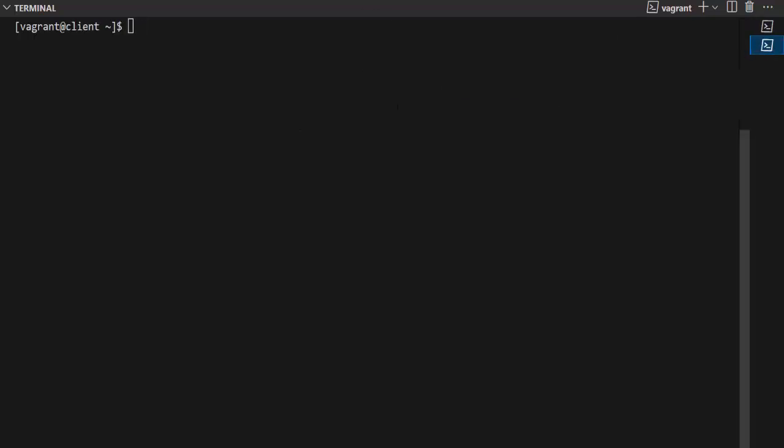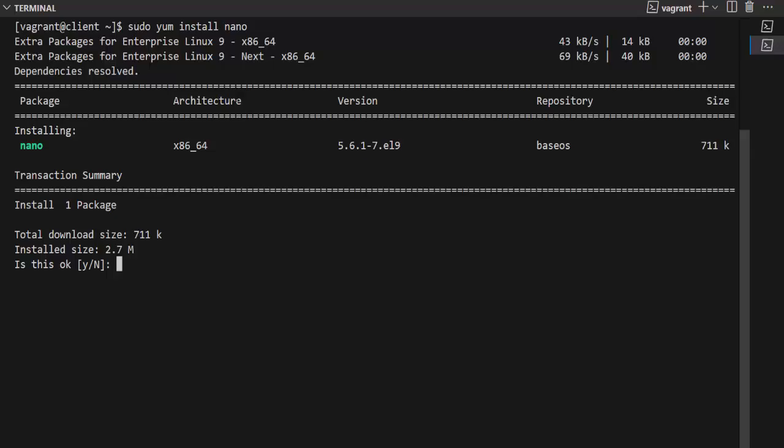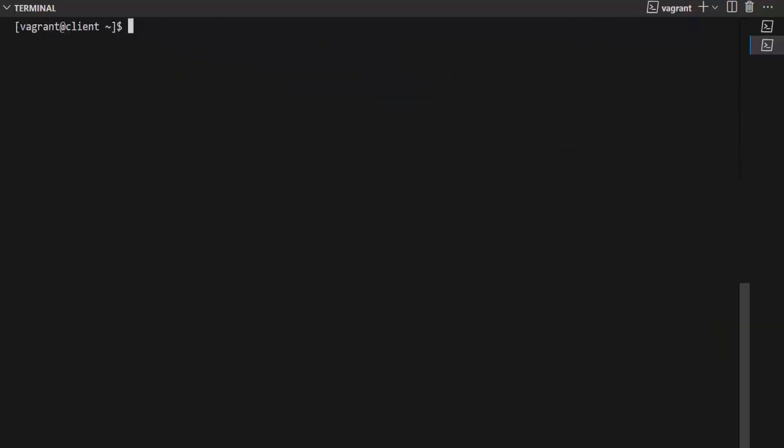So I will open the terminal for the client machine, and all the steps or instructions I will do here on this client can be done on multiple machines. Now from the client machine, let's edit the rsyslog config file. But first I will also install the nano editor here. So I will type sudo yum install nano. Now I have installed nano, so let's use it to edit the main configuration file of rsyslog, which is located under /etc